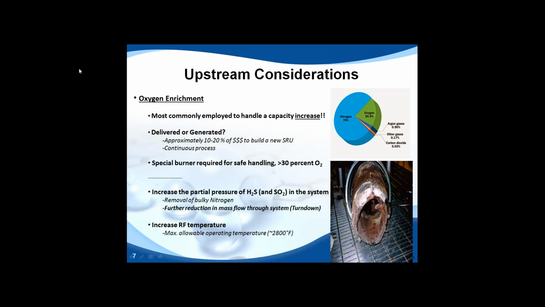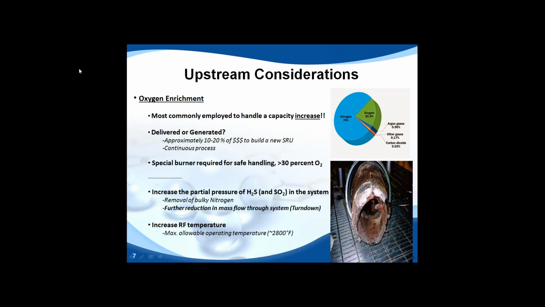Things to consider about oxygen: is this enriched oxygen stream going to be delivered to the SRU, so made somewhere else, or is it going to be generated in the refinery or gas plant? There's obviously a cost associated with purifying air, essentially. Estimations are approximately 10 to 20% of the capital required to build a brand new SRU. It is a continuous process, so there is a continuous cost associated with generating a stream that is richer in